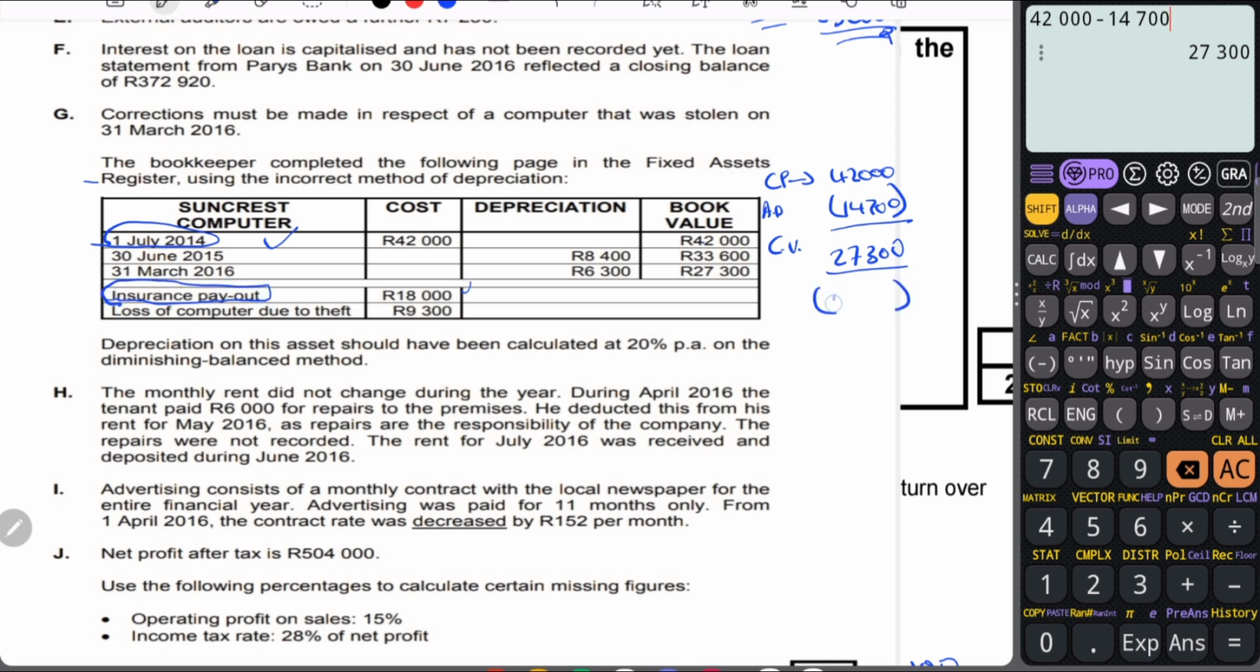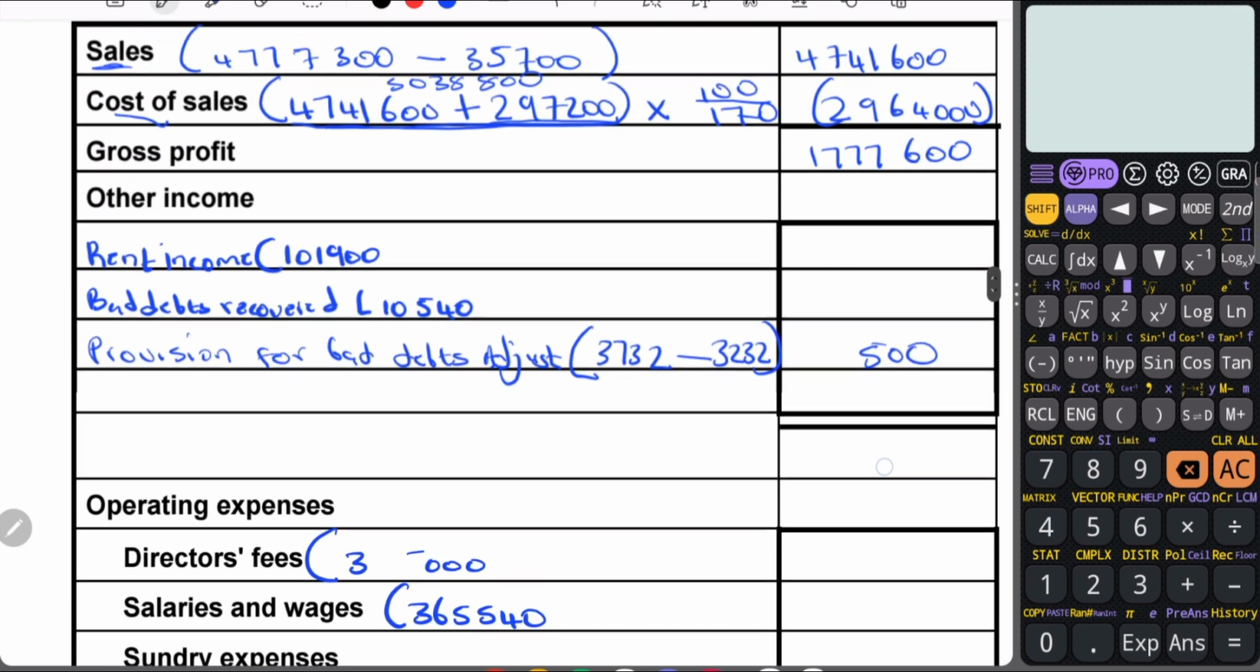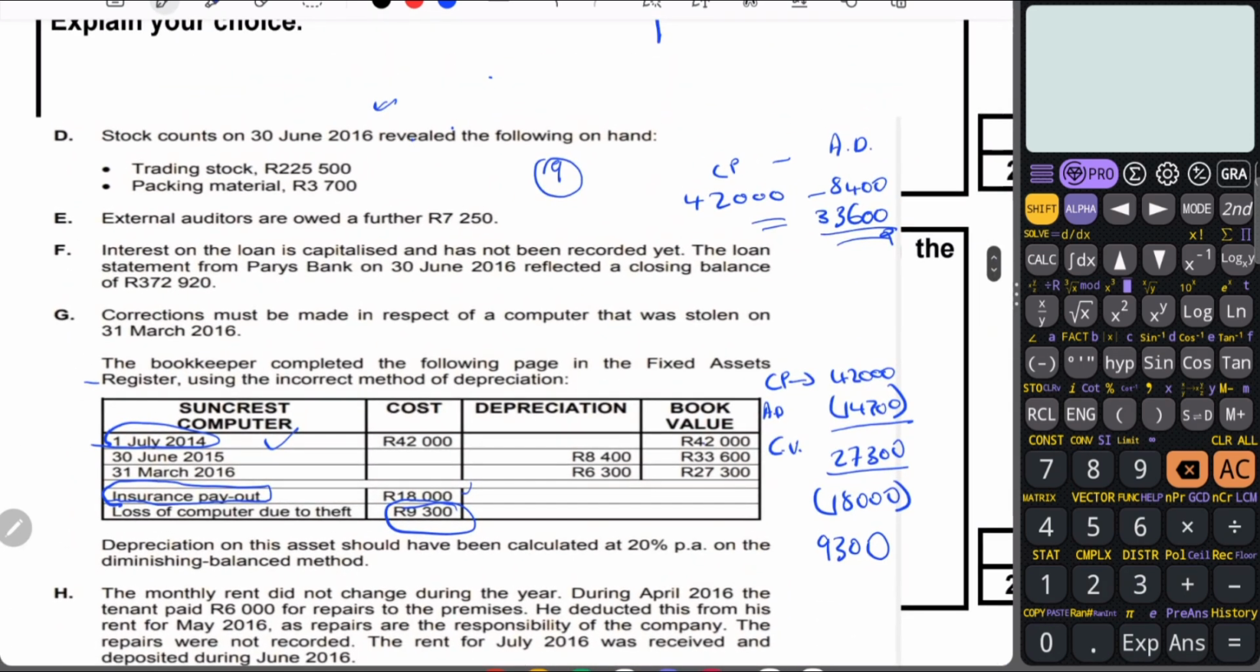So now we are going to receive 18,000 from the insurance. Then how much is the loss now? It's going to be minus 18,000. It's going to be 9,300. This is how they got the loss of 9,300 guys, and they recorded it here, the loss of 9,300. But remember guys, there is a mistake here, and the mistake was that they used a wrong depreciation method